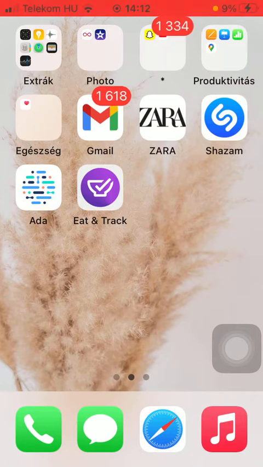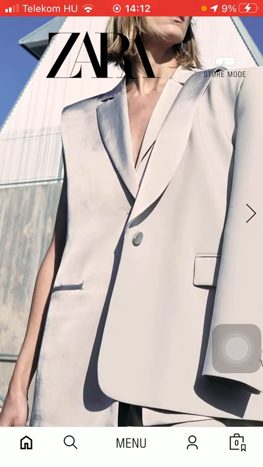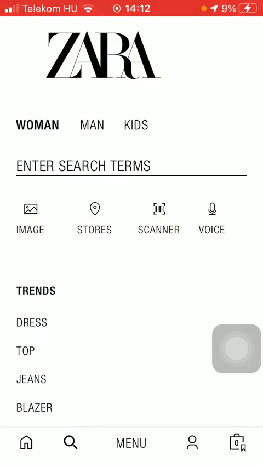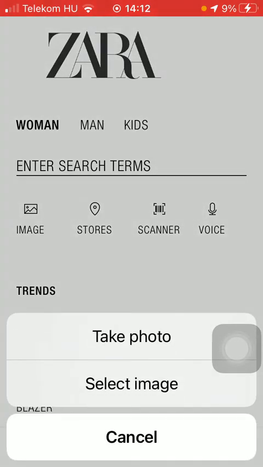So let's jump into it. First of all, open the application on your phone, then tap on the search icon down below, which is the second option. Then select image. Then tap on select image,